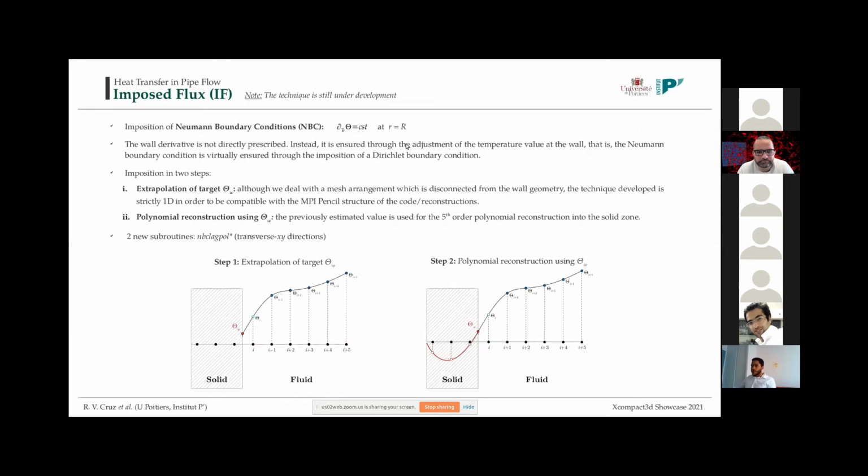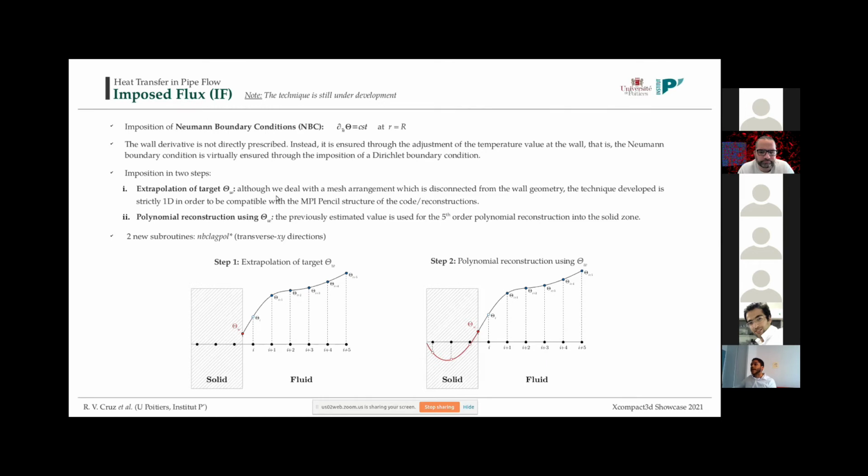I will pass now to the imposition of a Neumann boundary condition. I would like just to highlight that this technique is still under development since last year. So I will be presenting only the principle here. We haven't published anything yet, and we are still working on that. So when we speak about the Neumann boundary condition, we want to impose a derivative at the wall. And in our case, we don't impose the wall derivative